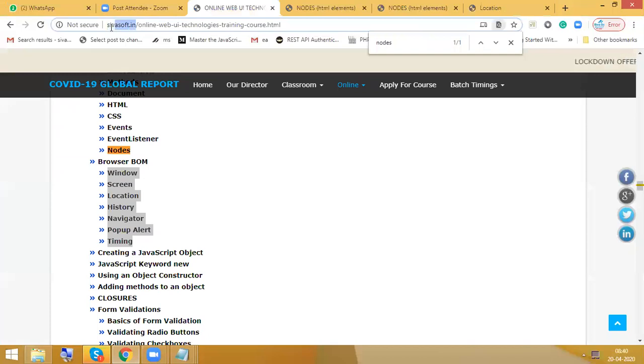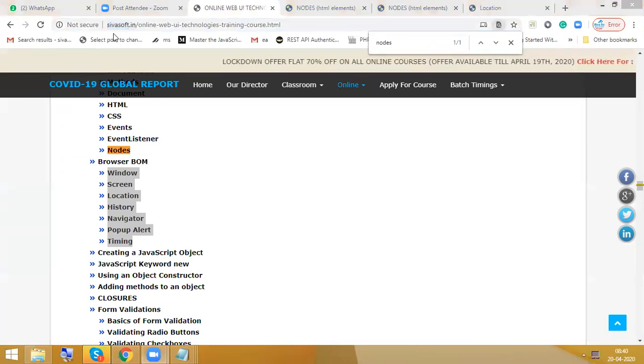Right now we don't have a proper host name, so that is the reason we are unable to see it. But host name means, suppose if I run the example like this, then what will be the output? Sivasoft.in. Sivasoft.in is the host name.